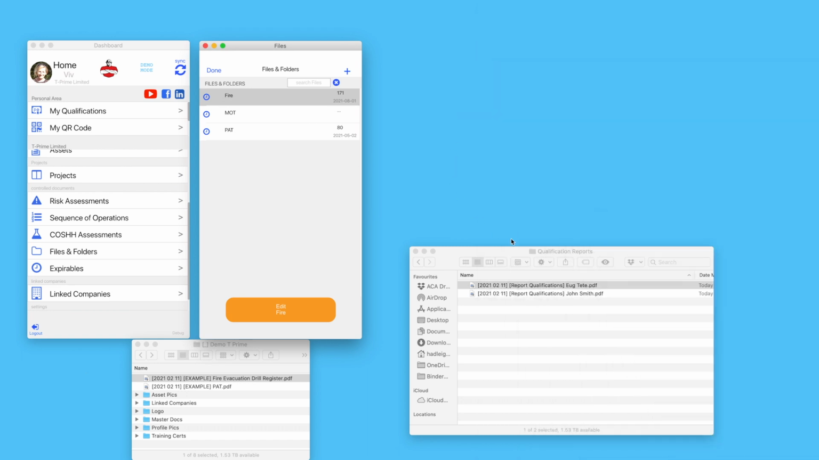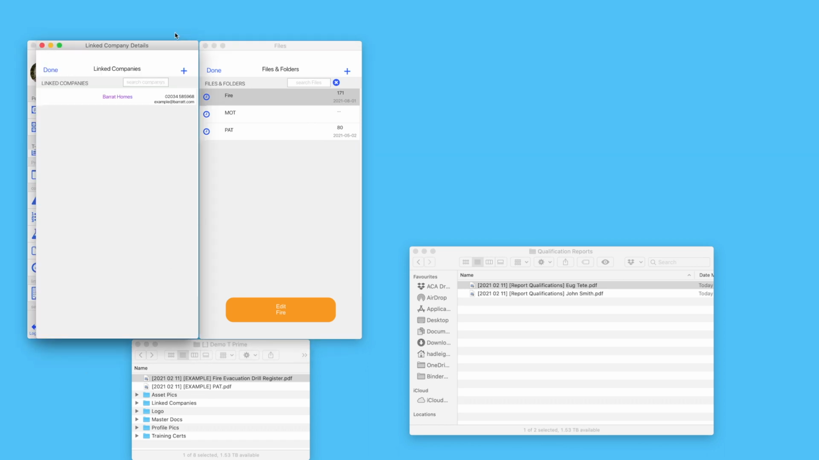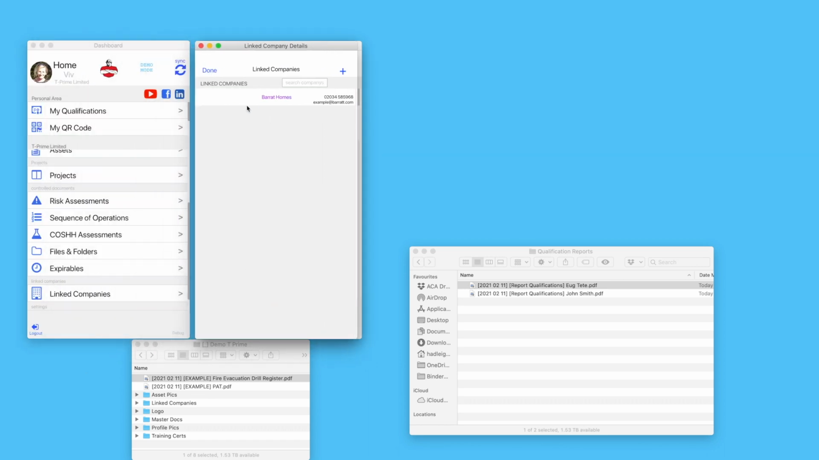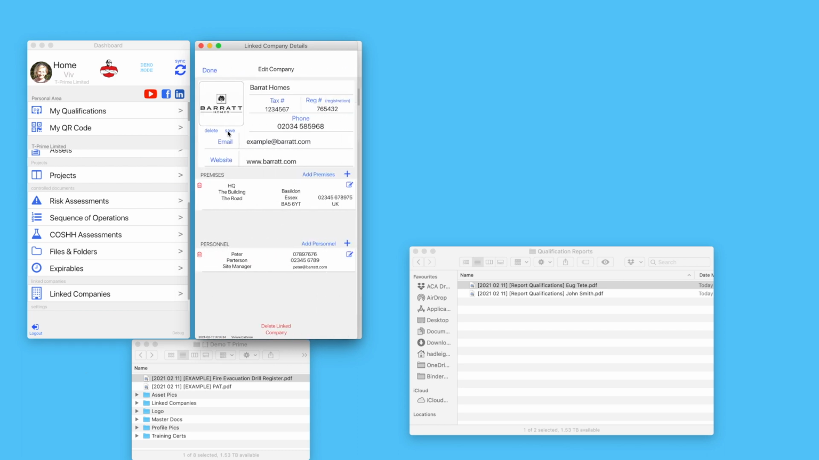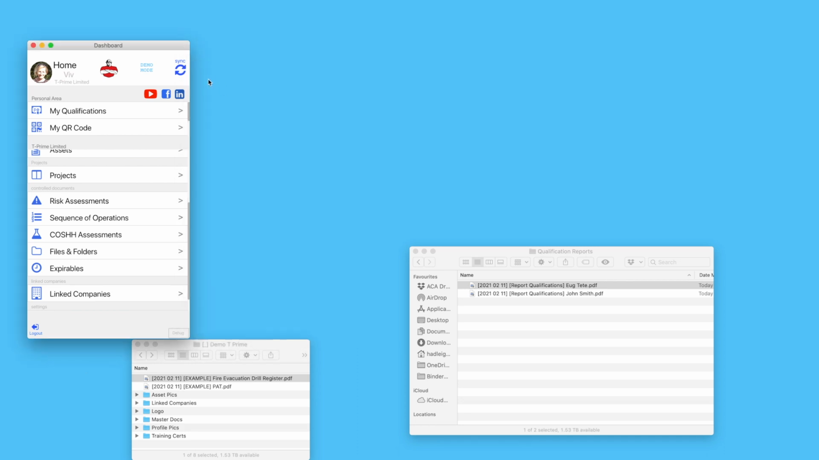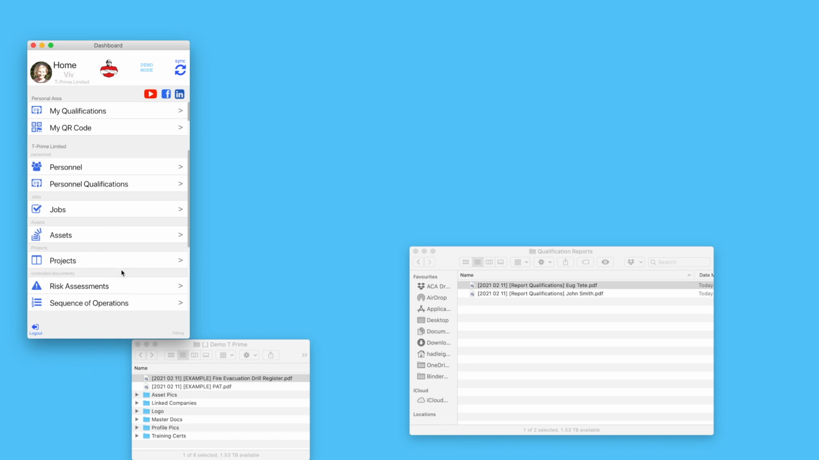Close our Dropbox, and now we will have a look at our linked companies. This would be where you would store your principal contractors, for example, and here we've got one for Barrett's Homes with their address and any site managers that you deal with. If we are asked by Barrett's Homes to produce a site-specific risk assessment and method statement, we can do that